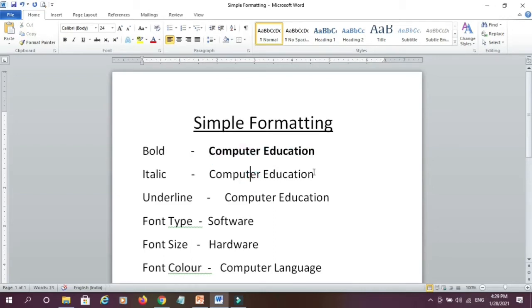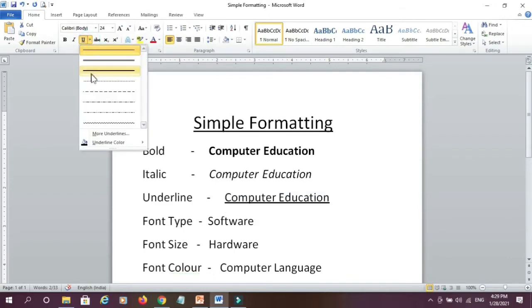Then for making my text italic, I go to italic command and click on that. So you can see here my text becomes italic, or I can press shortcut key Ctrl I. Similarly, for making my text underline, I can click on underline button and make my text underline. Suppose I want other kind of line formatting for underline.